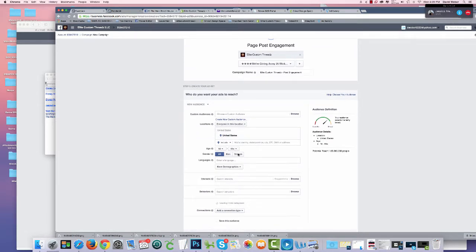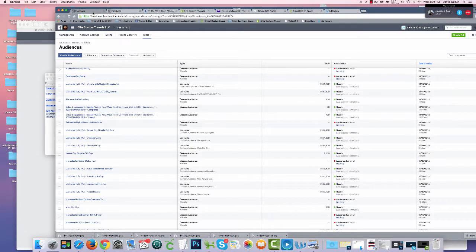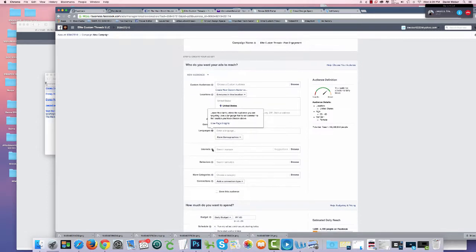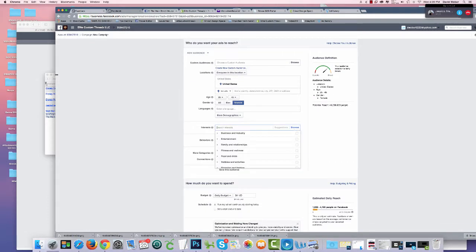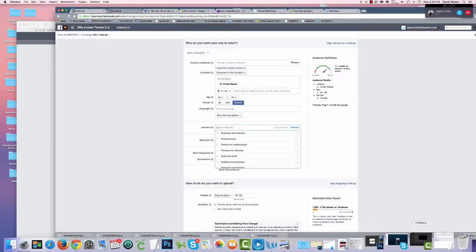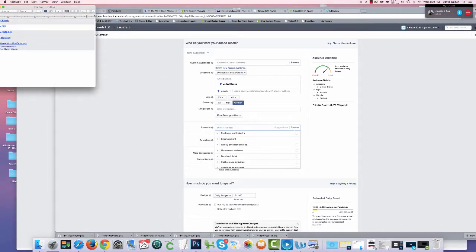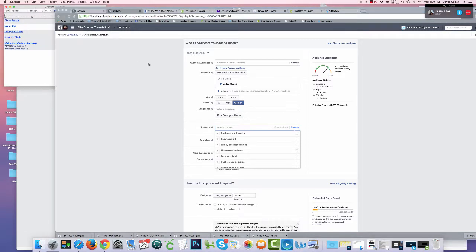All right, so I forgot to look at the age group, but it doesn't matter. So we're going to do 25 through 45, and then we're going to do our interests, which are here. Okay, so we'll go with the